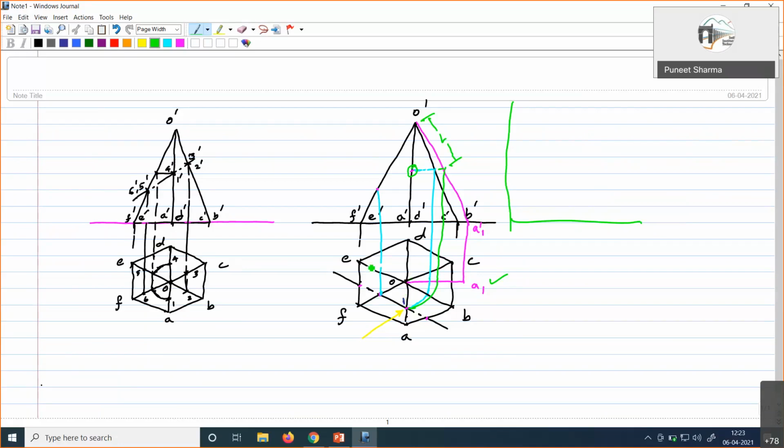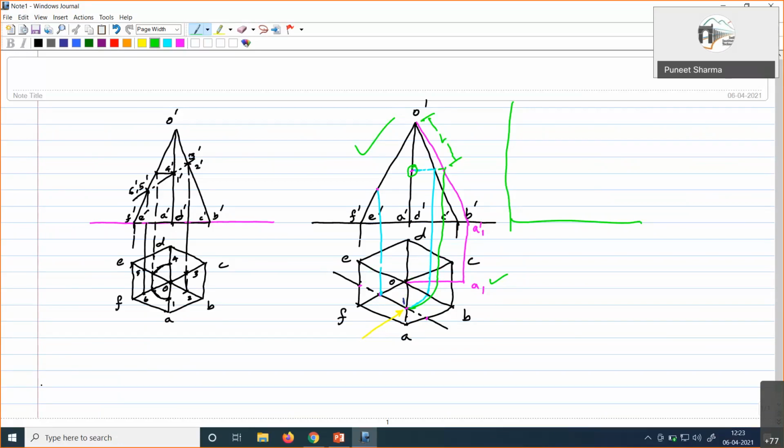And then, anyways, for a sectional top view or sectional front view, like for this case, if the sectional front view is to be obtained, then you will try to locate these points here only. So it is easier to just shift it onto another adjacent edge and then obtain it rather than drawing the side view. But yes, it is true, the side view will give the true length for this case.